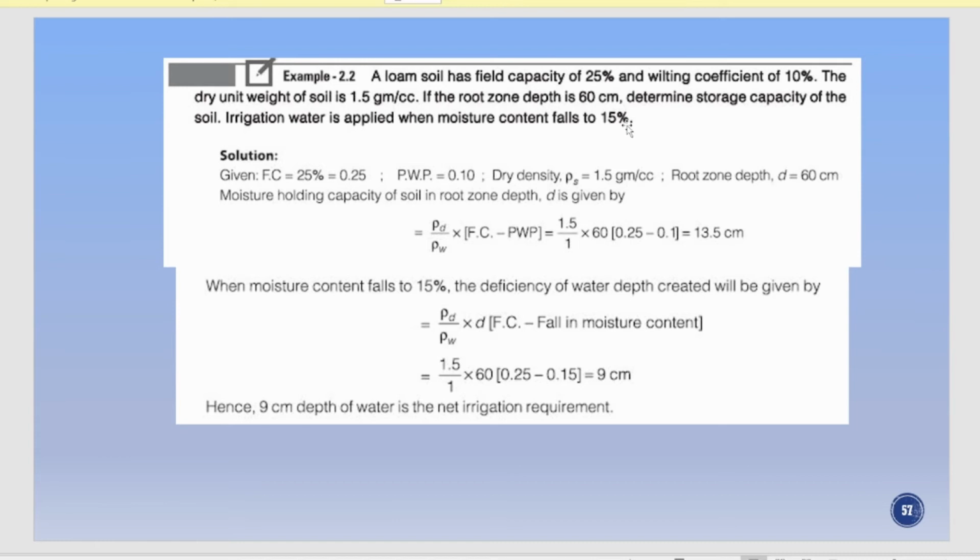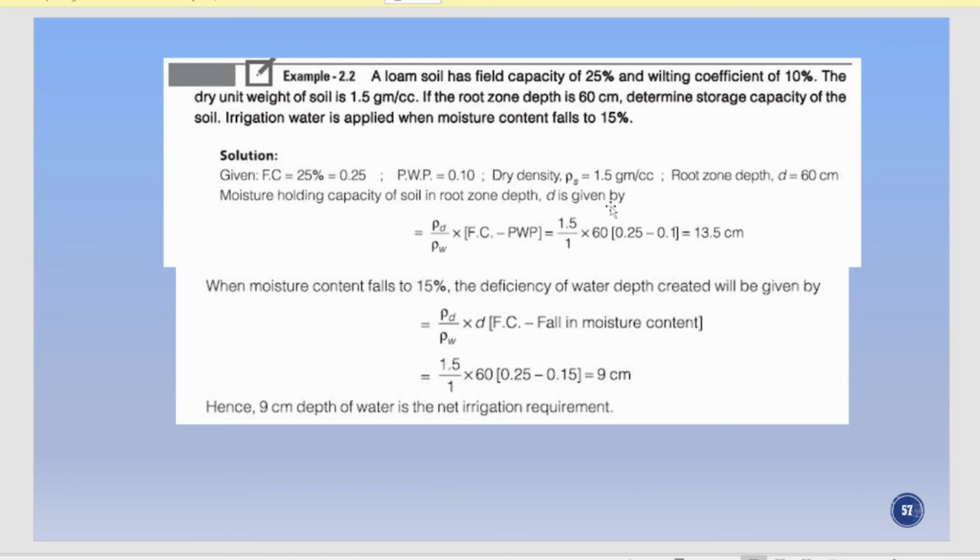First of all, we'll write down the field capacity, which is 25%. I can convert that in terms of decimal by dividing it by 100, so it will be 0.25. Similarly, PWP, which is permanent wilting point, is 0.1, and dry density is 1.5. From this we can calculate the specific gravity. The depth of root zone that is given to you is 60 centimeter. D is equal to 60 centimeter. The moisture holding capacity of the soil in root zone depth is given by